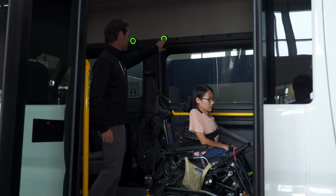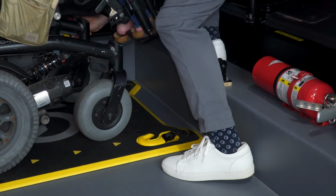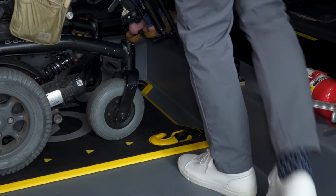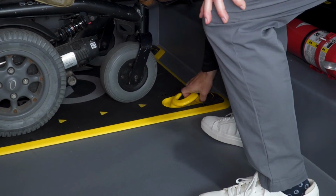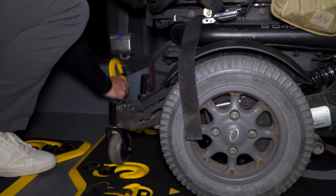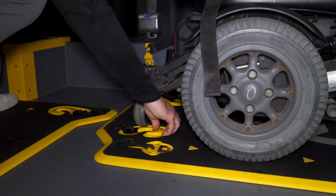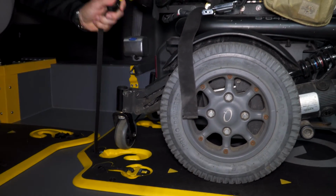Once the passenger is in the securement location, the operator presses the push button to release all 4 securements. When this is done, the button changes from green to red, indicating that the securements are unlocked and it's not safe to drive. Once the button is pressed, the securements are unlocked for 2 minutes while the operator secures the mobility device easily